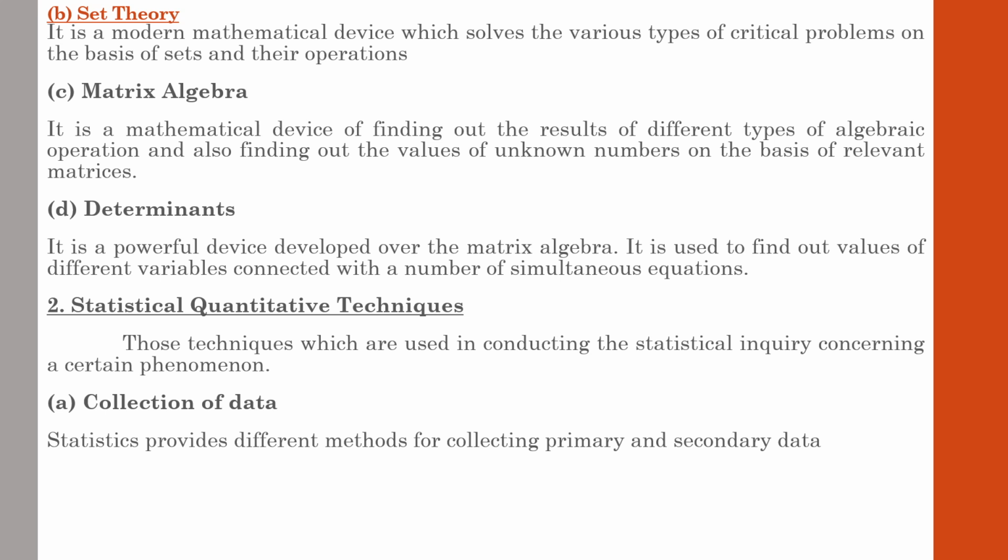Secondary data means actually the study of those data that are collected by someone else. And actually secondary data is the primary data of some other person. That is the concept. Statistics requires the study of primary data as well as secondary data, and statistical quantitative techniques are very helpful in the collection and study of such data. So the next tool of statistical quantitative technique is classification and tabulation.